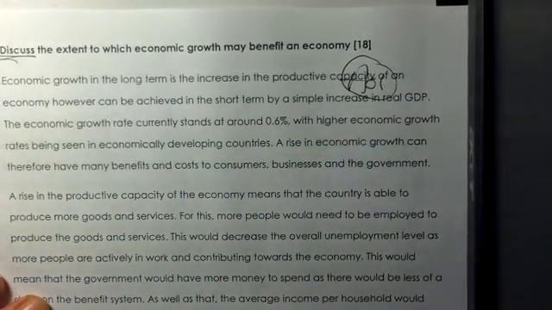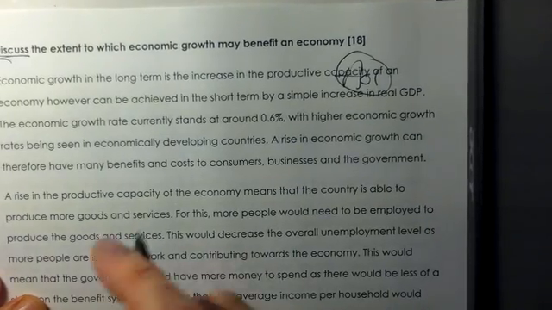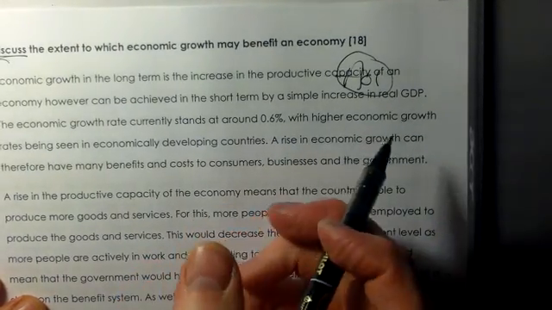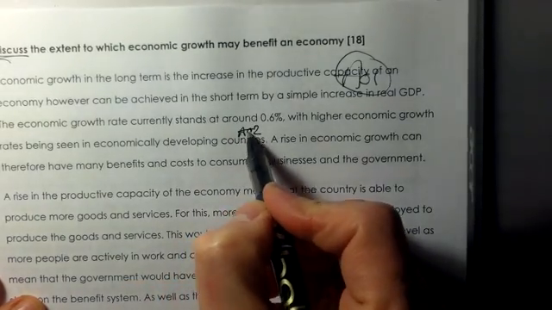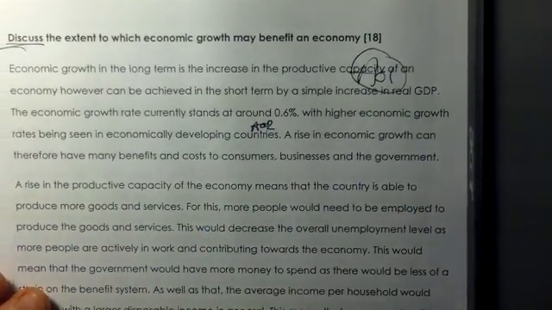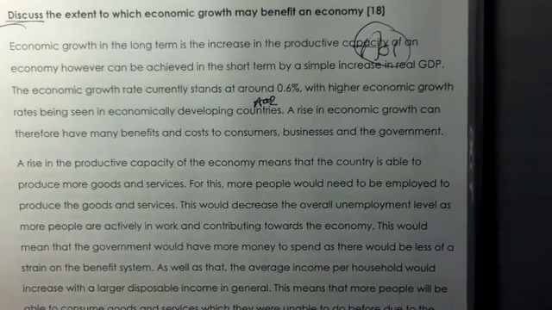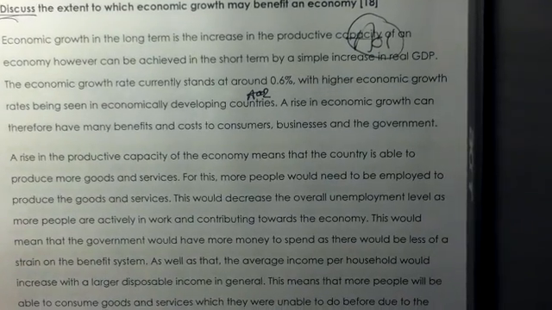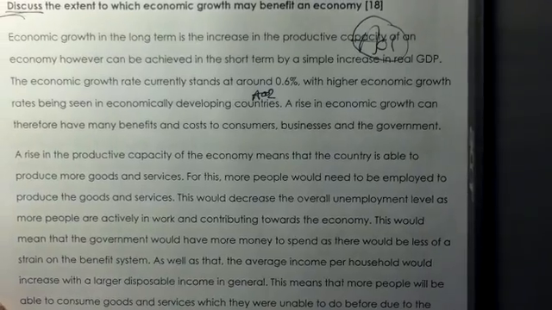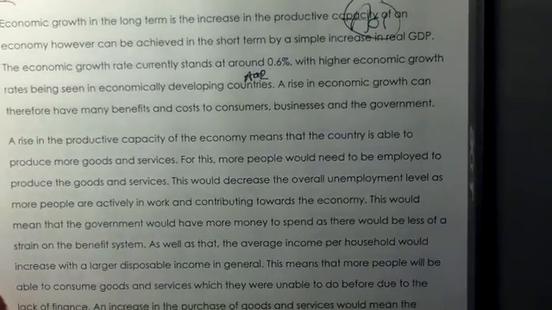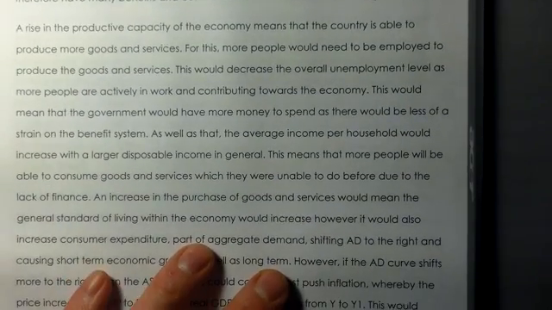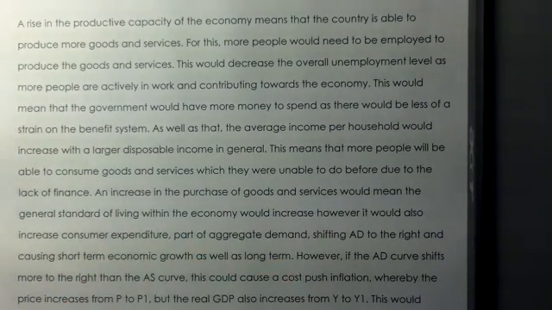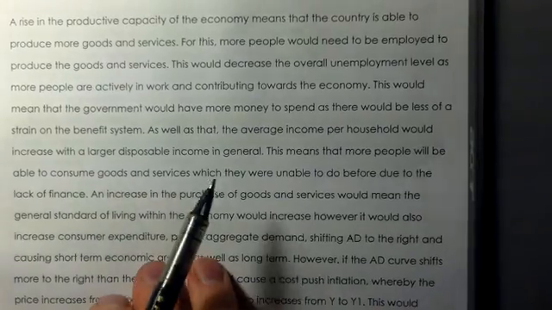We've got some AO1 marks there. Economic growth rate currently stands about 0.6, with higher economic growth rates being seen in economically developing countries. That's a nice bit of AO2, applying it to developed and developing economies. A rise in economic growth can therefore have many benefits and costs to consumers, businesses and the government. Whereas that sentence doesn't get any marks, it does frame how the structure of the essay may continue. A rise in the productive capacity